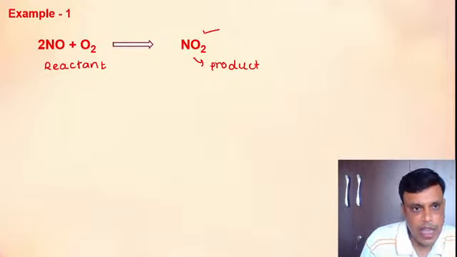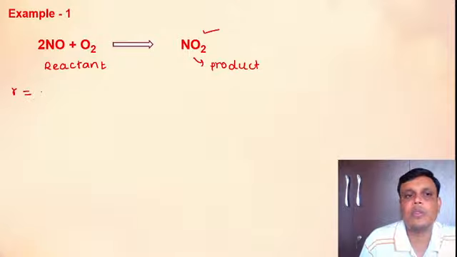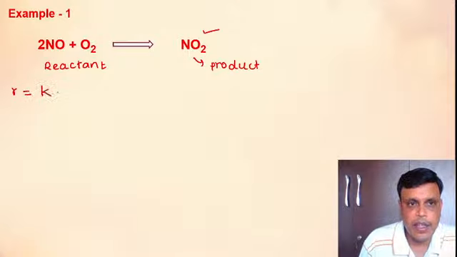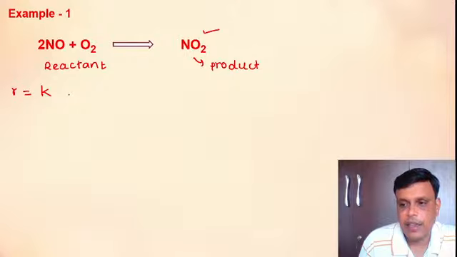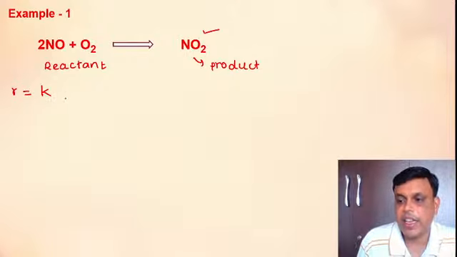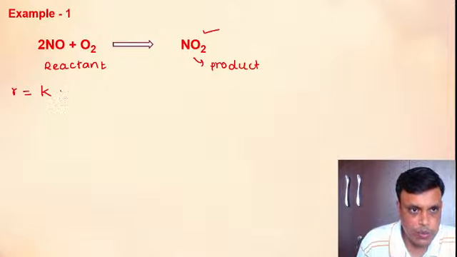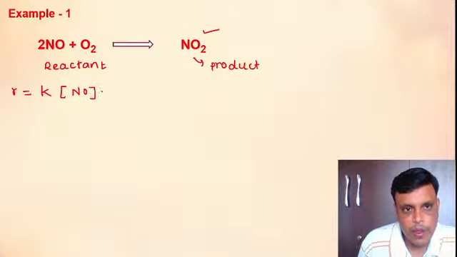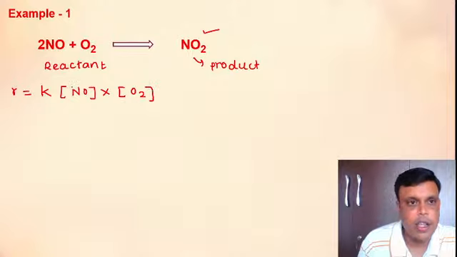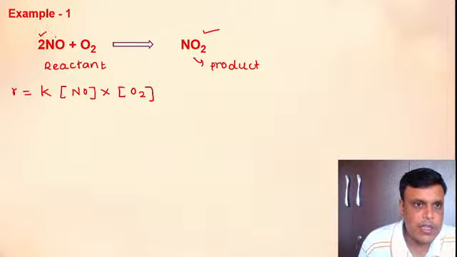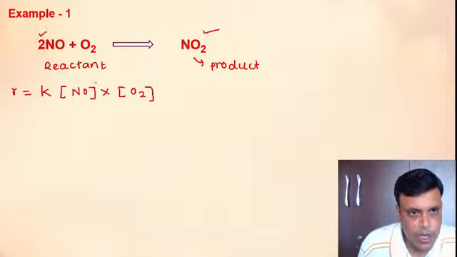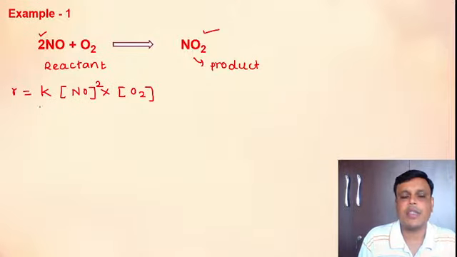So rate equation R is equal to, here rate equation R is equal to क्या है? K, no, rate of reaction, you have to write rate equation. Please remember this. Rate equation लिखना है अपना. K into molar concentration of NO into molar concentration of O2, and here the stoichiometric amount of NO is 2, so write down that 2 at the power side. So this is the rate of reaction.